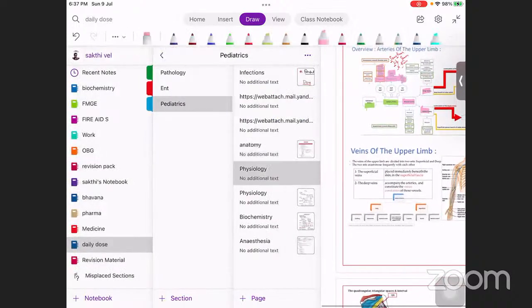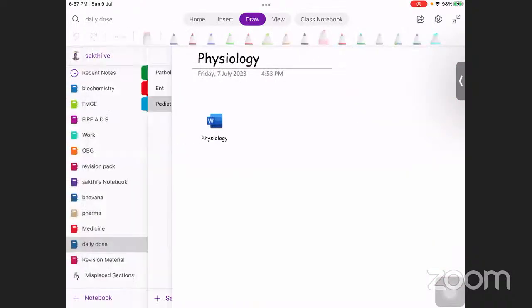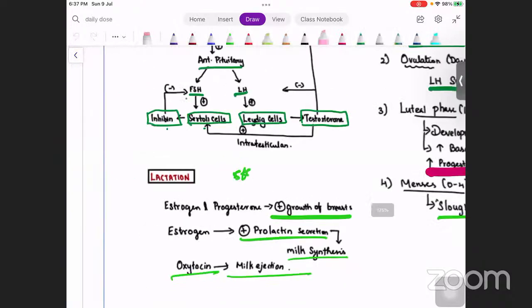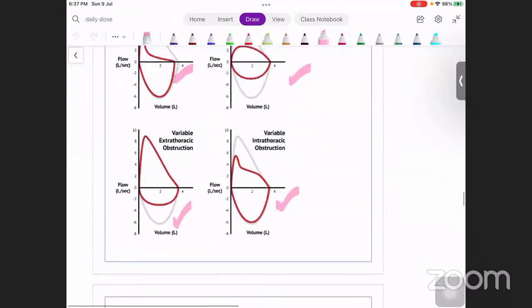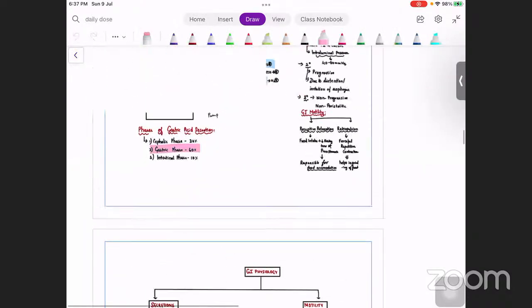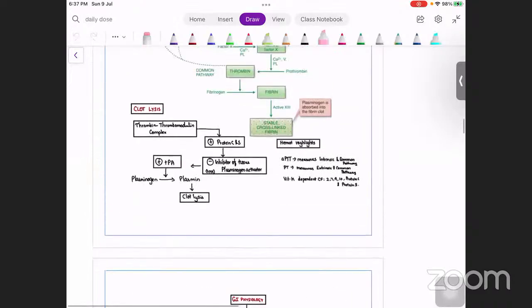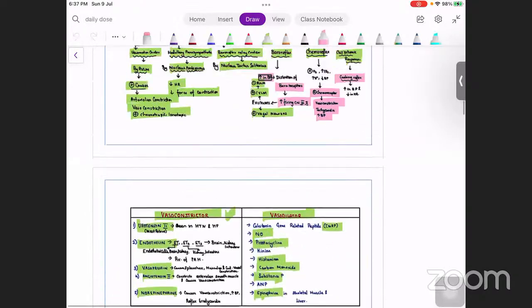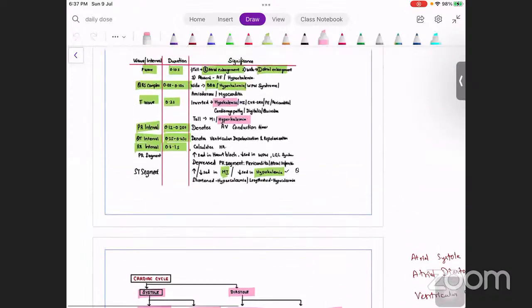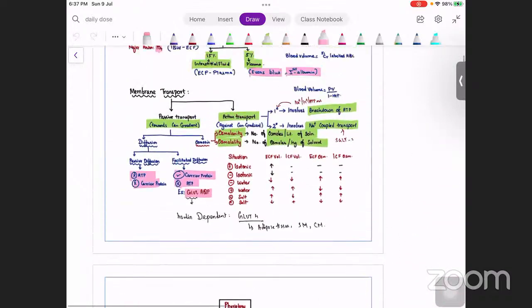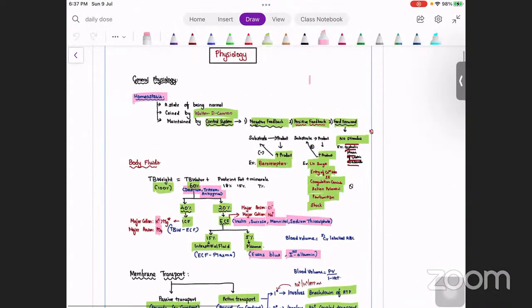Okay, now moving on to the physiology. Speaking about the physiology, the important ones were your general physiology and cardiovascular physiology, and then neurophysiology, and then you have your GI physiology. So we're going to move on to the general physiology. The term homeostasis was coined by Walter D. Cannon. Total body water is 60%, and deuterium is